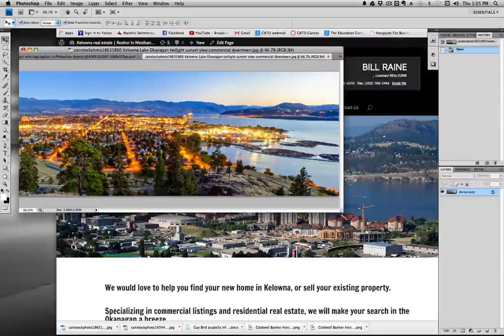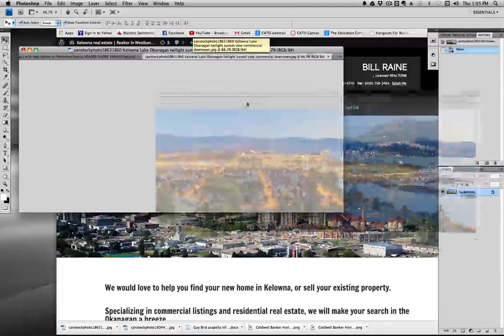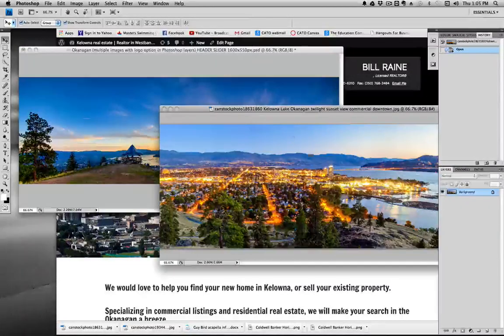Right, so this is the image, and this one was actually, like I said, a stock image paid for at CanStock. You can take your own pictures and do exactly the same thing. So what I do is I actually pull it out here, so I've got two separate images instead of having them layered on top of each other. And all I do is click on here, so you can see it's got the little finger. I use Shift, so hold down Shift, and that's on a Mac, and just drag it over, and it will